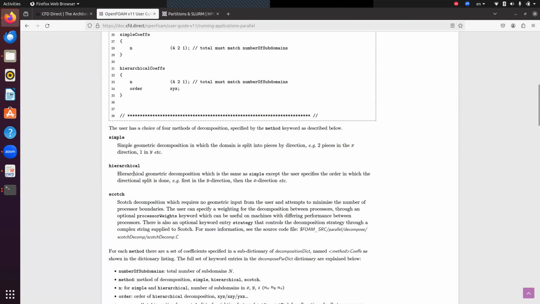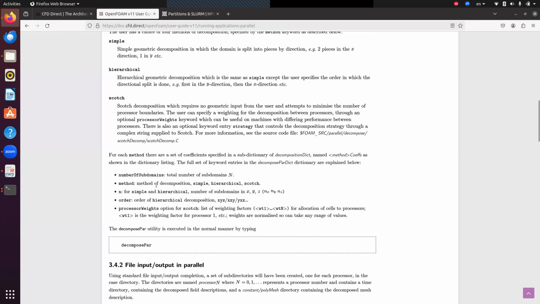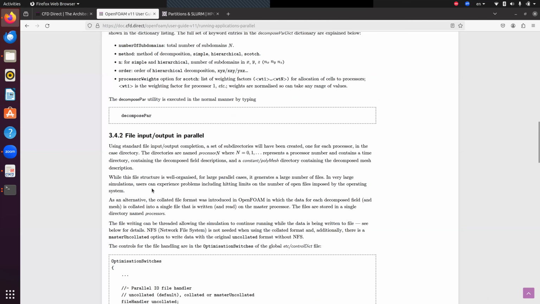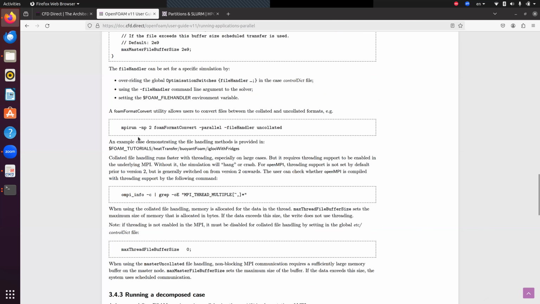Hierarchical, also it has the same description. And then with this command, the decomposition will happen. When we want to run, as you see here, what we made with the command, when we want to run on the parallel, we're using this sequence of